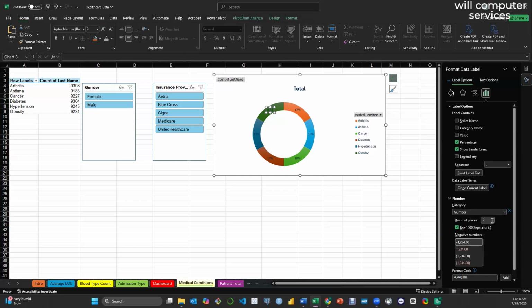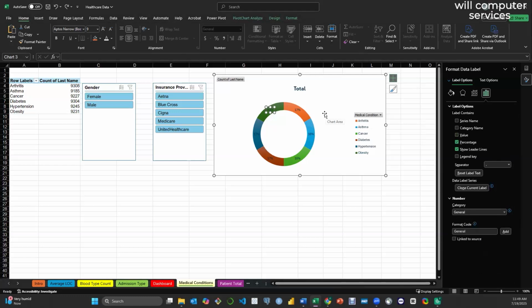Okay, it's showing decimal places, but there are no decimal places. No. This will just throw the whole thing off. So just leave it at showing the labels,